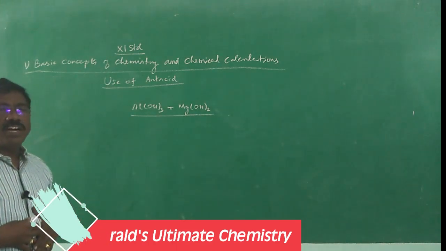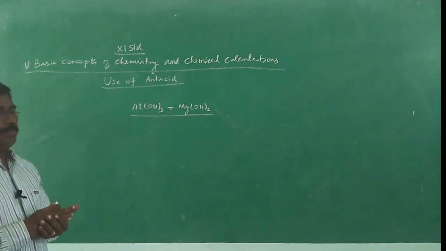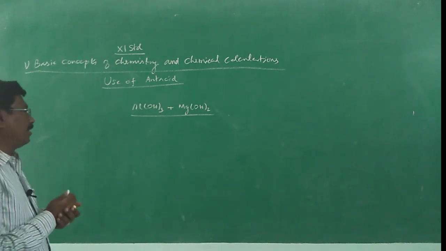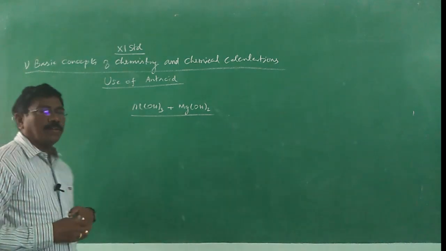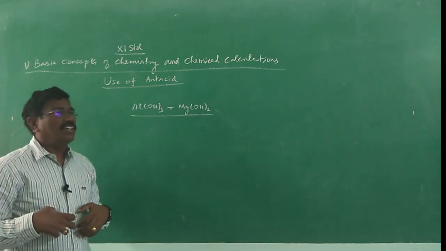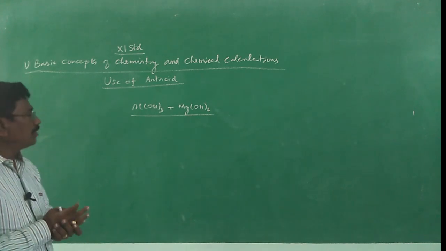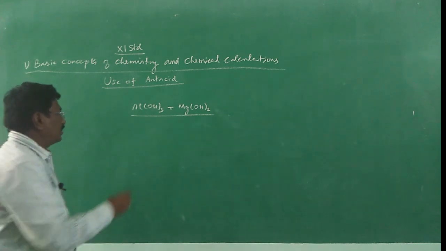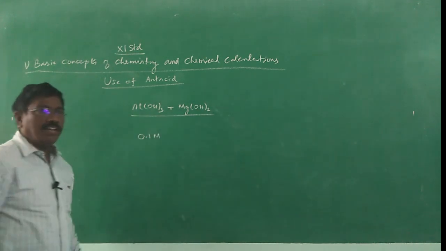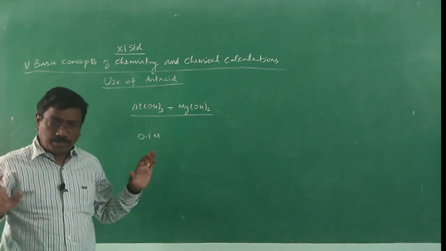What for we get heartburn or acidity, whatever it may be, discomfort due to heartburn or due to acidity? The acid content in our gastric acid is increasing. In our stomach, gastric acid is produced. When it becomes excess, usually it will be 0.1 molar. Until the gastric acid in our stomach is below that, we feel so comfortable.